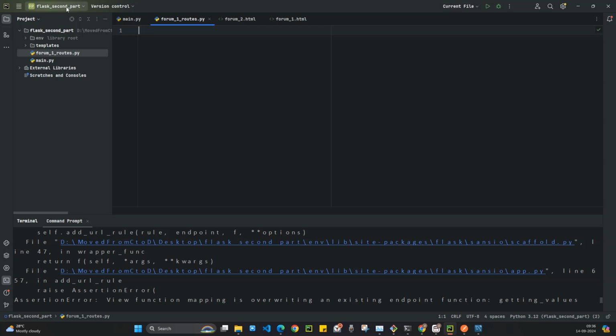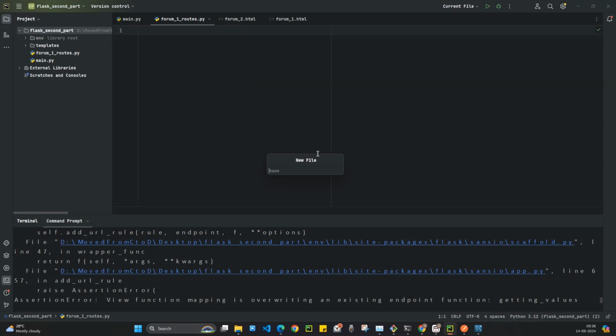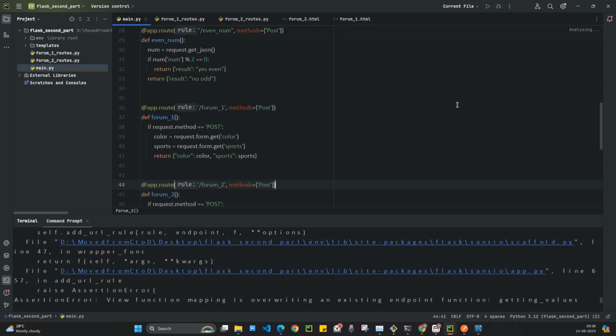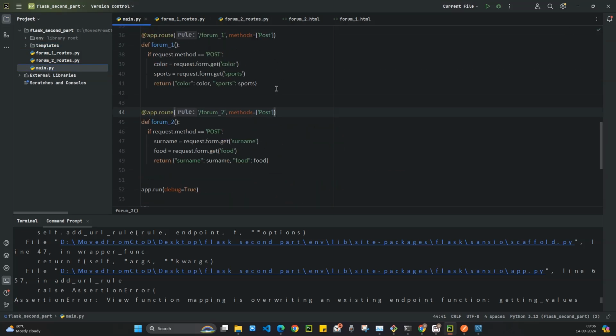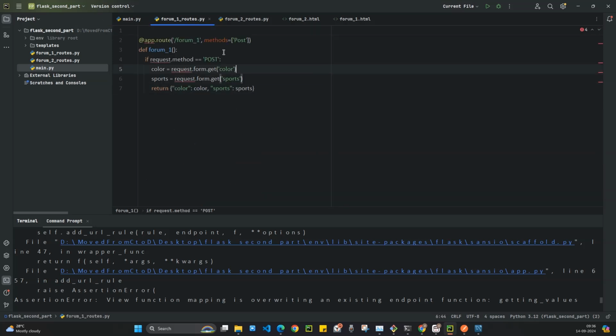I have created one route here, and then I will do form two routes dot py. So I will just take this URL here, and I will paste it. Before pasting it,